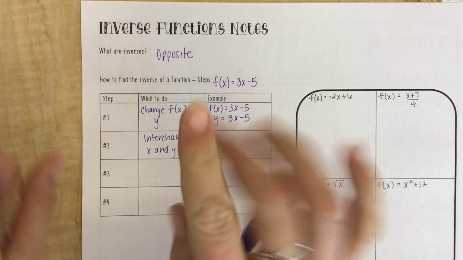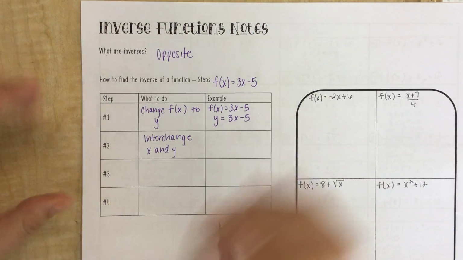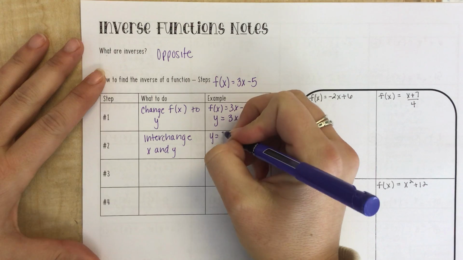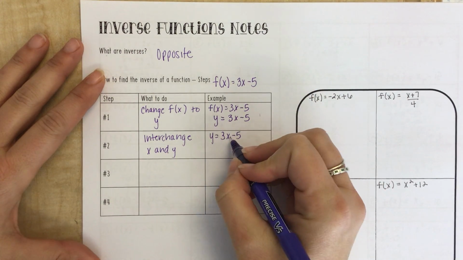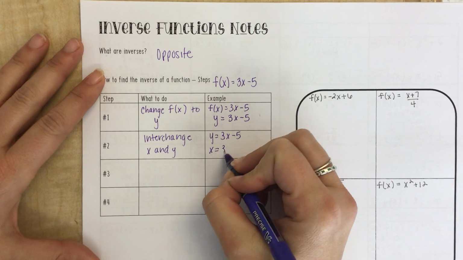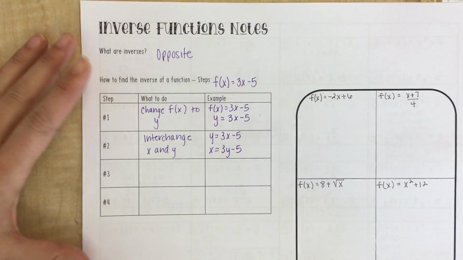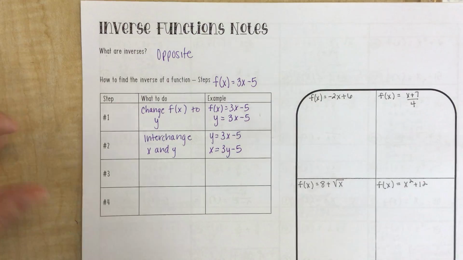All right, so I'm going to take my x and my y and flip-flop them. Now I have y equals 3x minus 5. So by doing step 2, I'm going to flip these two. So now I have x equals 3y minus 5. All right, step 3,